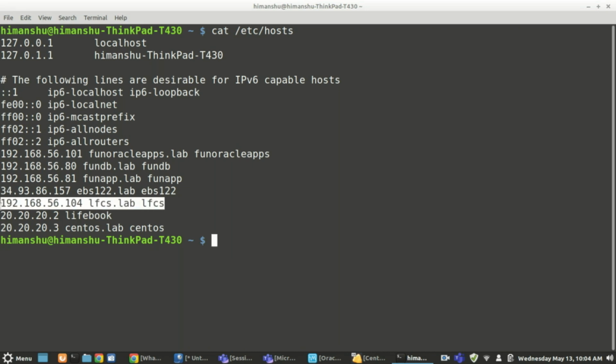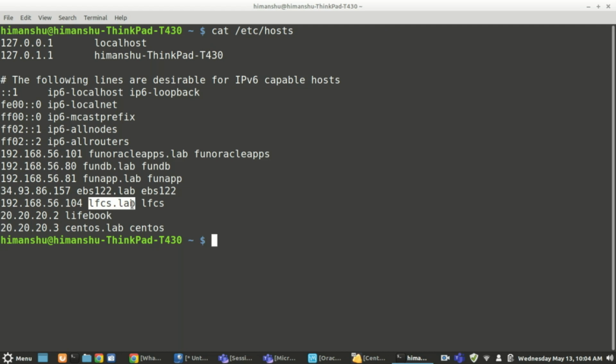To connect to that particular host name, your IP should be in the /etc/hosts file. If it is not there, you cannot use this host name, because the host name has to be resolved into an IP address, and that is done via this specific hosts file. Either you should have a DNS server, and if DNS is there, then of course you can use your DNS server to connect.